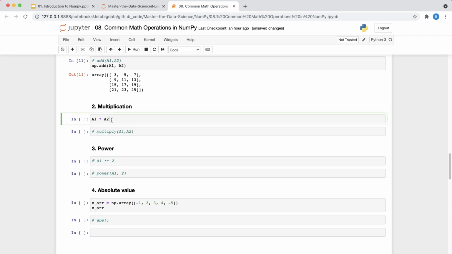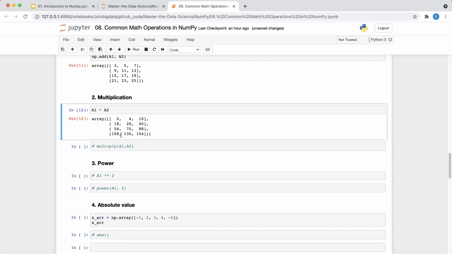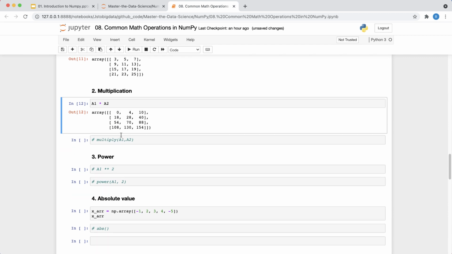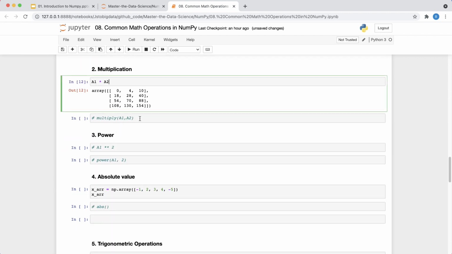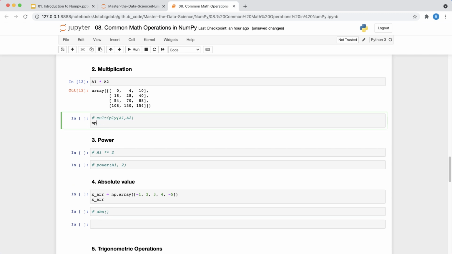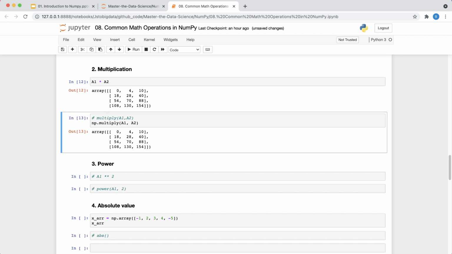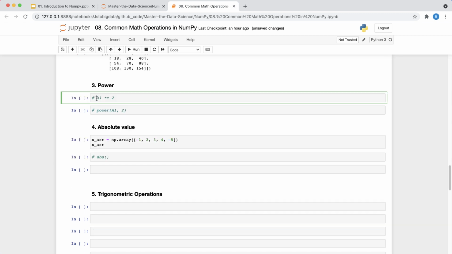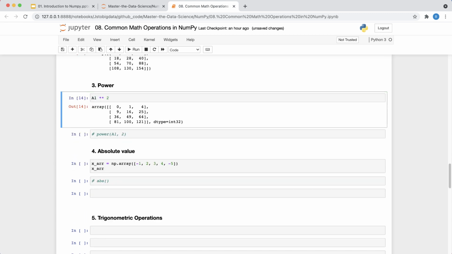Now if you want to do matrix multiplications, again you can just do a multiply by b, and you'll get the answer to that, element wise multiplications. And if you want to use the numpy function, you can just do np.multiply a1 comma a2. That gives you the answer. Similarly, if you want to calculate power, you can also do that.